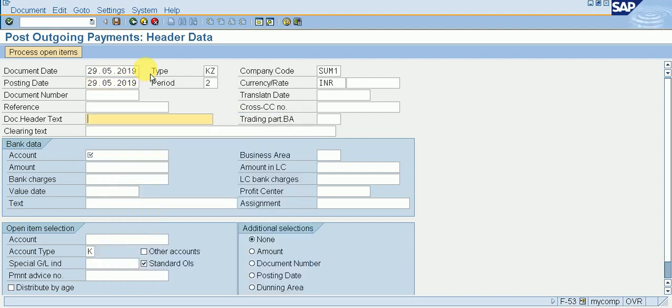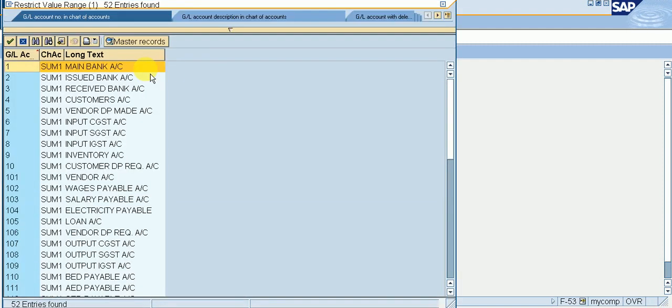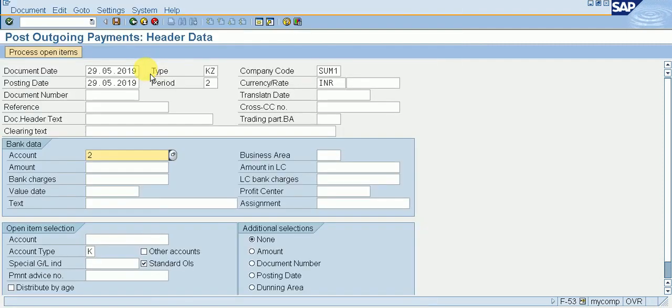I am giving document date as today's date, account, bank account, I am giving an issued bank account. Amount, if I don't know what my amount is, I am giving 1 here. My value date is 29/5/2019.